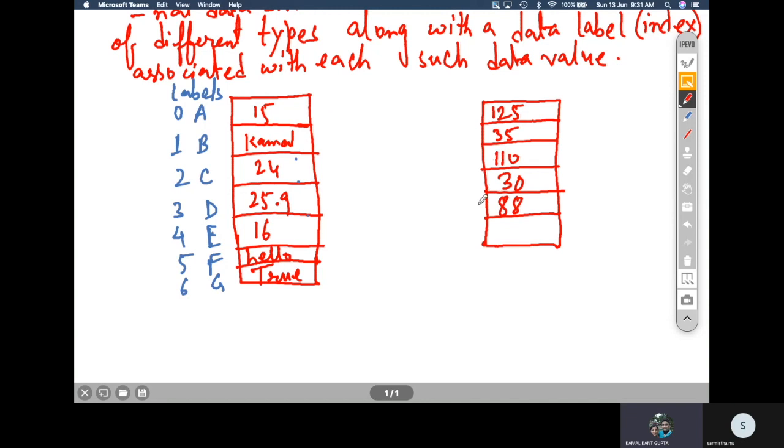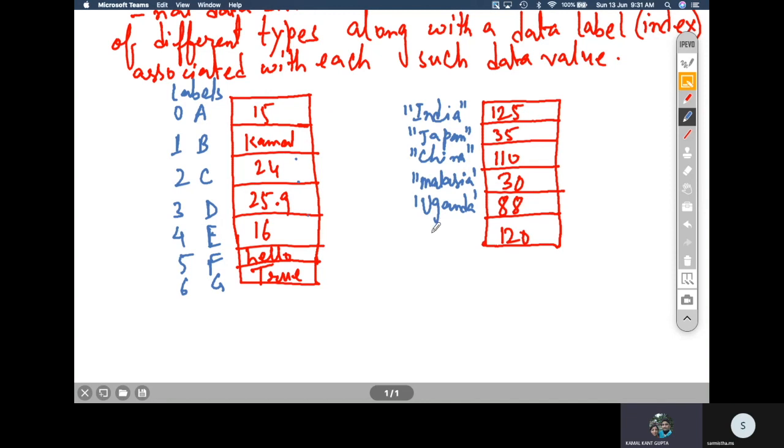And then you can have labels associated with these values, data values in the series, and that can be the name of the country: India, then Japan, then China, then Malaysia, then this can be Uganda.